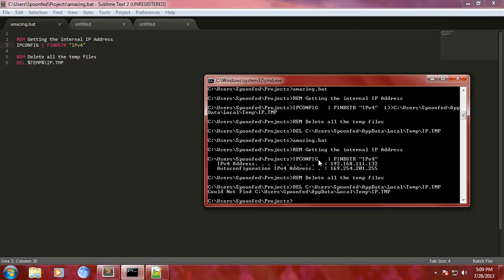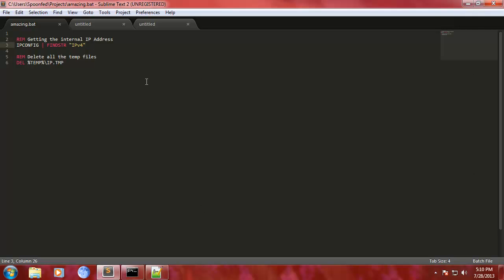So here we can see it pushes config into this one, and we get two: basically the internal address and the real address. So we know that that is going in there. Now we want only the top one, and there are multiple ways you can do this, but the way I